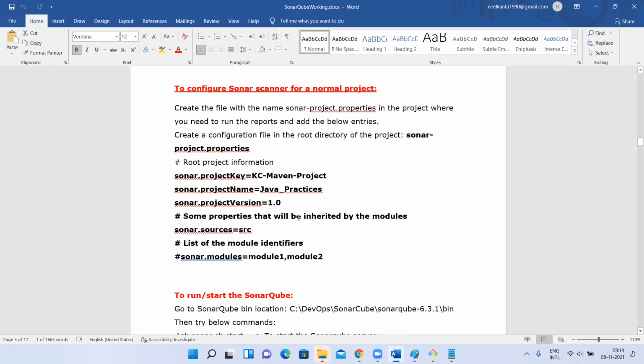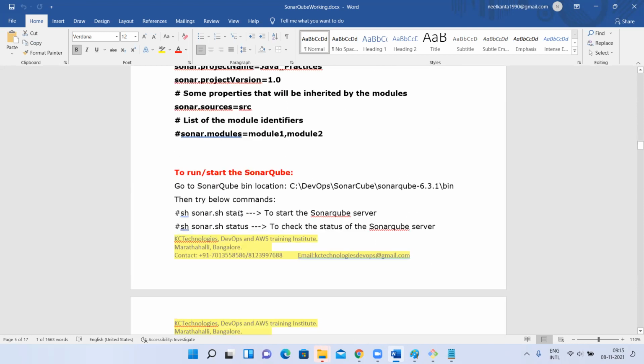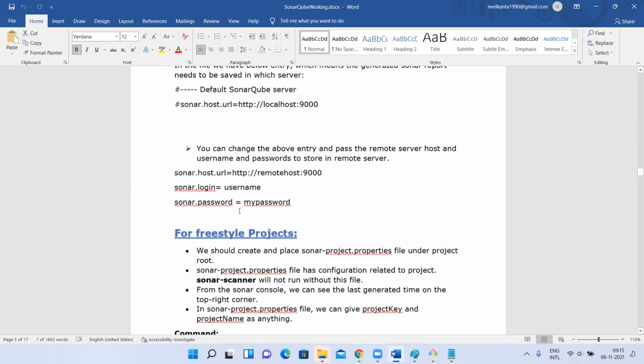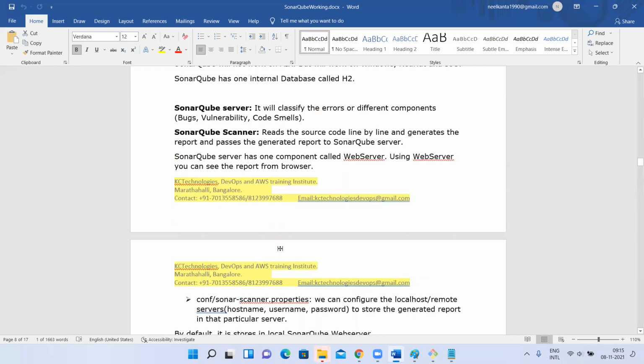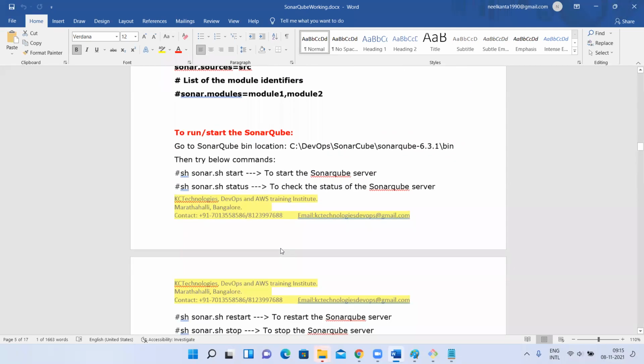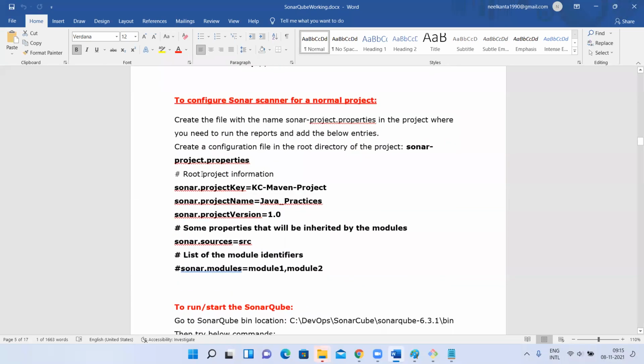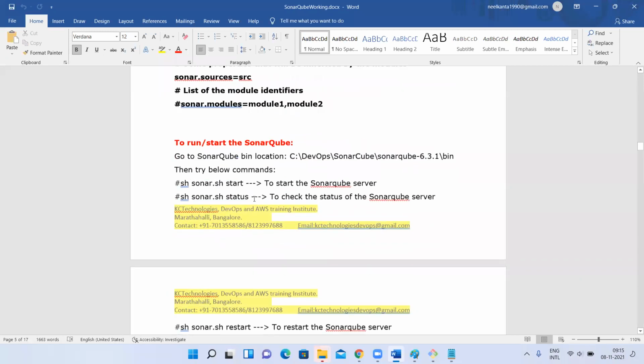I'll change it. Now, if you want to use SonarQube for Maven style projects, you have to use it like this in the pom.xml. But if it is an Ant type of project, you don't have a pom.xml, so you don't have plugin support. Then you have to create one file called sonar-project.properties and give the details here: project key, project name, version, and which files you have to scan, which are under src. If you have multiple modules, you have to give the details of which modules to scan. But we are not going to concentrate on this.